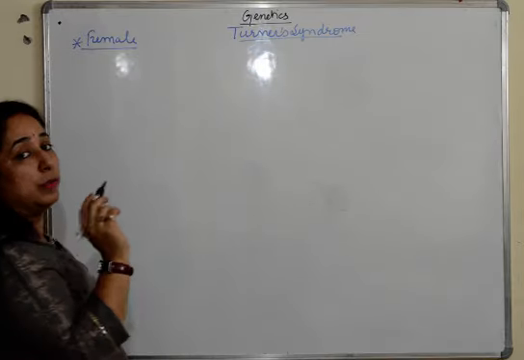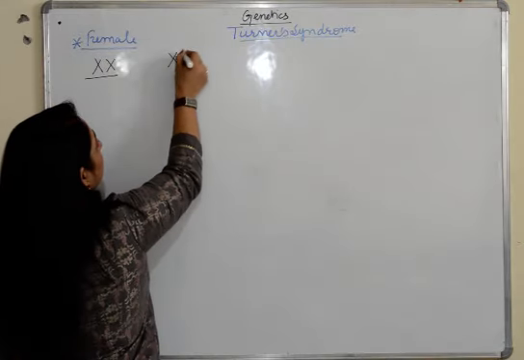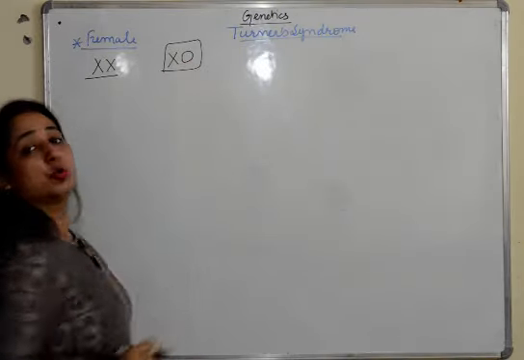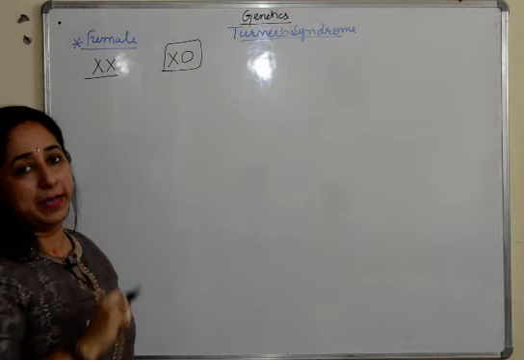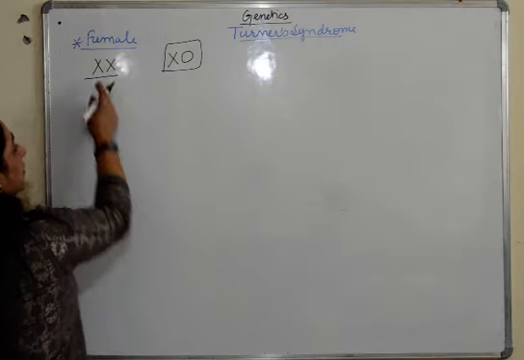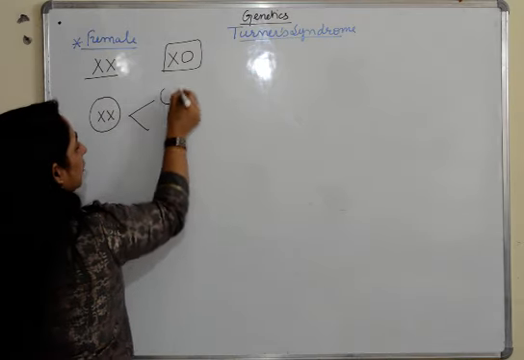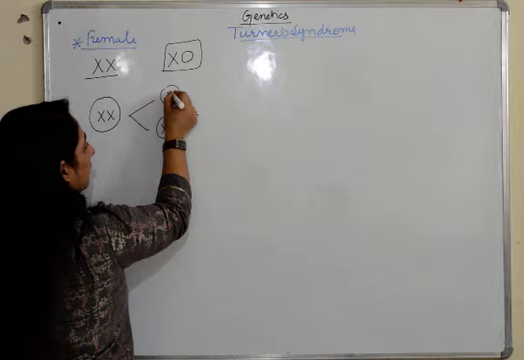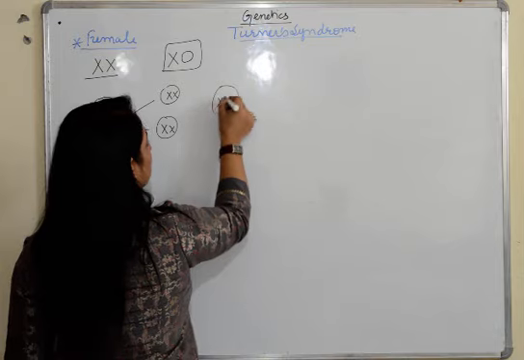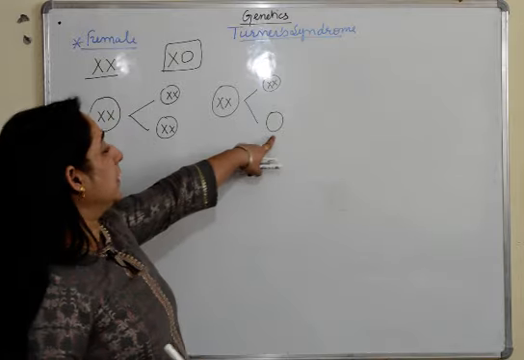So, what I am trying to tell you is, in a normal female, the condition is this. But herein, the individual will be this. That means one X will be missing. Only one X chromosome will be present in this type of females. Fine. So when does this happen? If this is a normal cell, its division is going to give rise to normal females. But if we talk about this specific scenario, when the splitting takes place, one egg receives the XX chromosomes and the other one is empty.